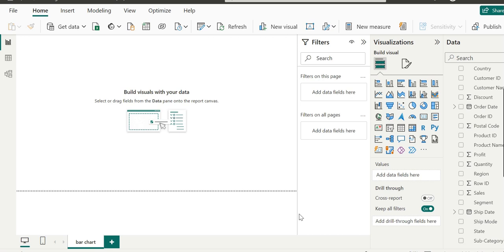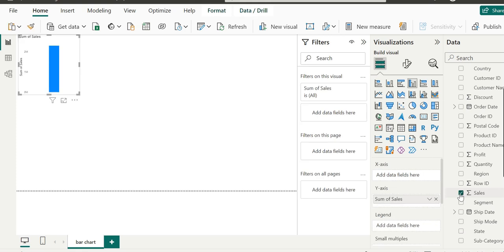How do we know? Because there is a little sigma next to the field sales, the Greek letter sigma. We check that little checkbox and we can see that a clustered column chart is added automatically.